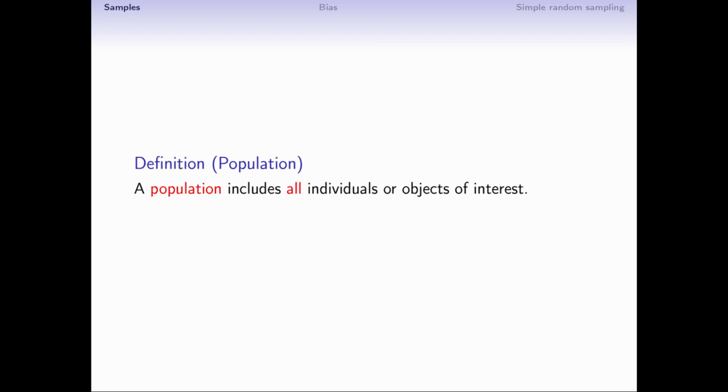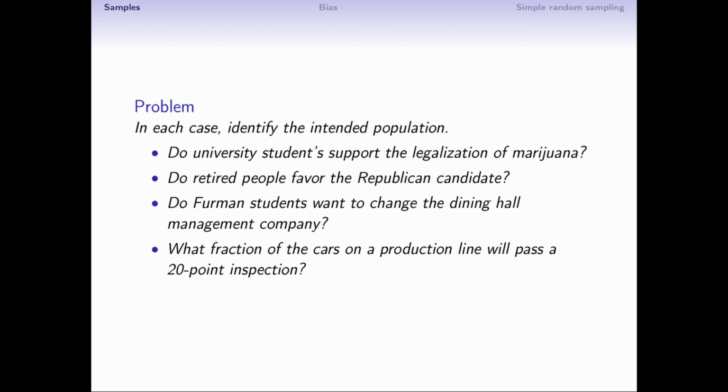In order to understand samples, we have to understand the context from which samples are drawn, and that's the idea of a population. And a population is something that we have to infer oftentimes from the study in question. So a population includes all individuals or objects of interest. An easy way to get into thinking about this is to look at some examples and understand from the question that's being asked, can we draw out of it the intended population or set of objects